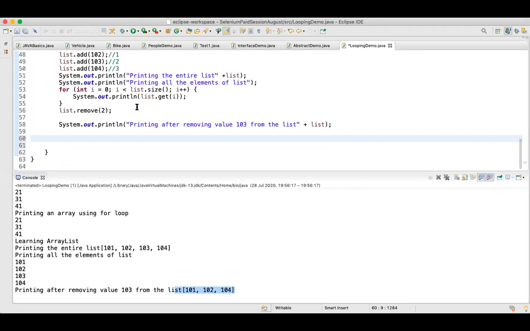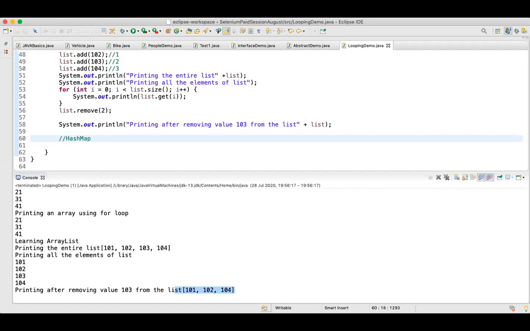Now we will see one more topic that is widely used in Selenium, and even in REST Assured. When you are doing API testing using REST Assured, that concept is widely used, and that is called HashMap. So the concept name I'll write: HashMap. Now HashMap, guys, is also a way wherein you can store values. First of all, HashMap implements the Map interface, and HashMap stores your values in key and value pairs, right?